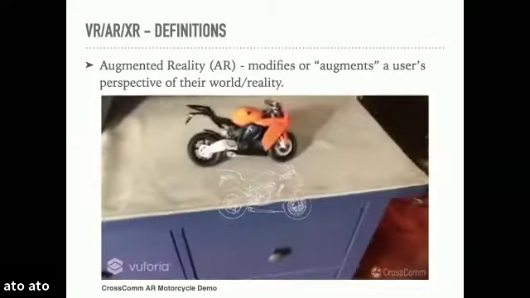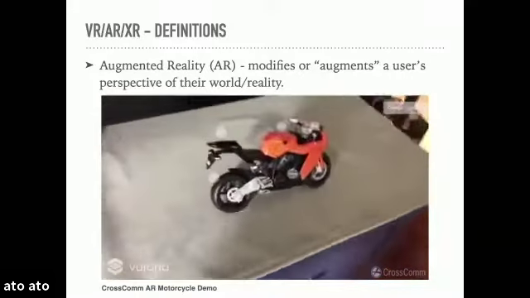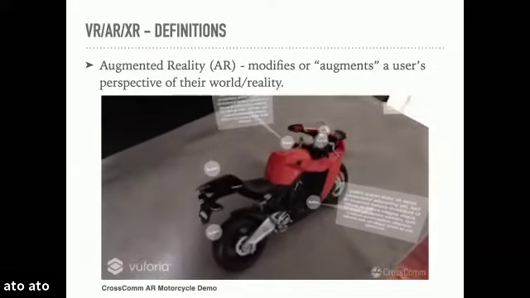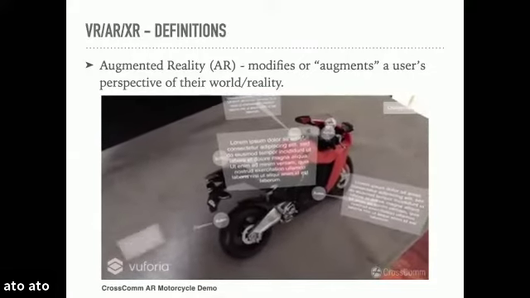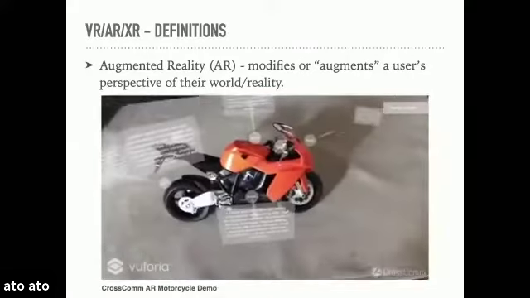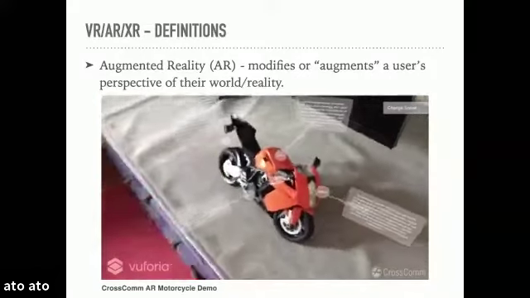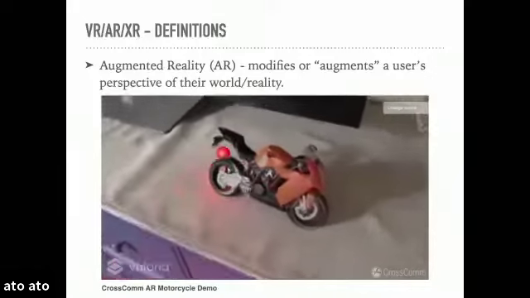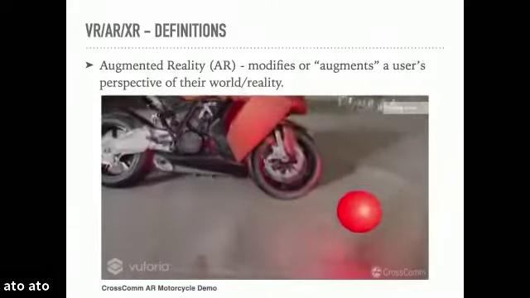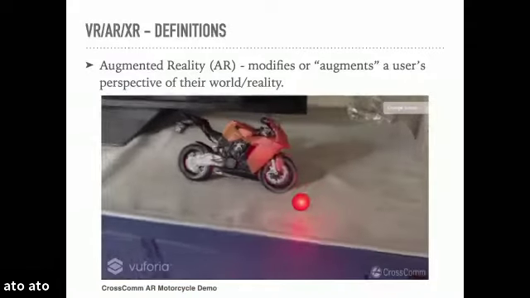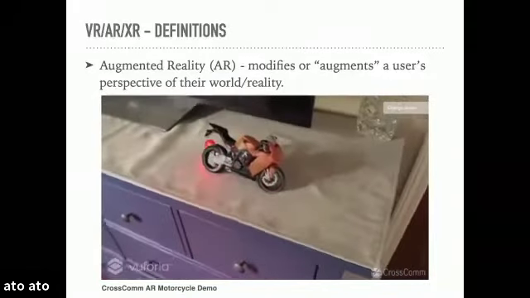That leads us to augmented reality. Versus virtual reality, augmented reality serves to modify or augment the user's perspective of their current reality, not transport someone to a different place, but rather to enhance or to augment one's experience of their reality. And here we see a clip of a demo that we created with this